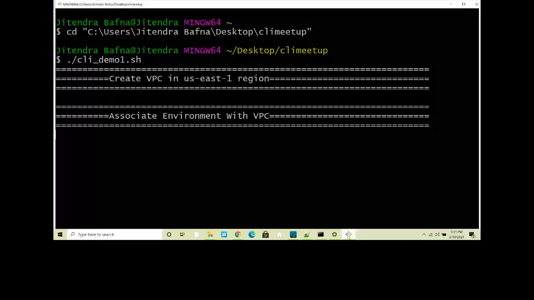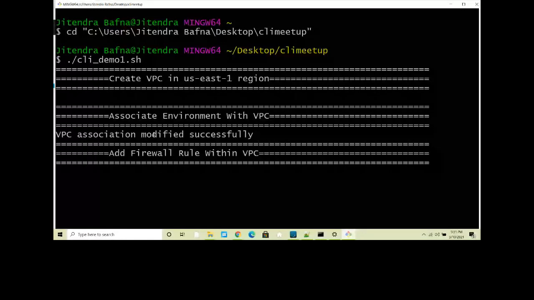Yeah, it created the VPC. You can see the VPC has been successfully created. It associated an environment also. So let me open the VPC. It associated the production environment also. So we can see only two firewall rules for now.